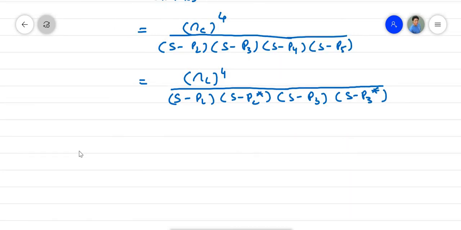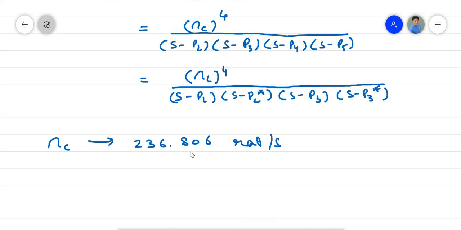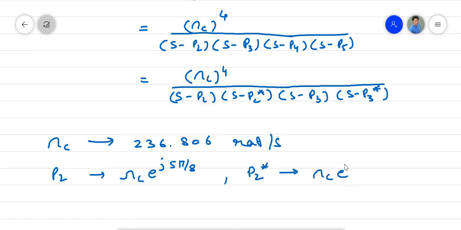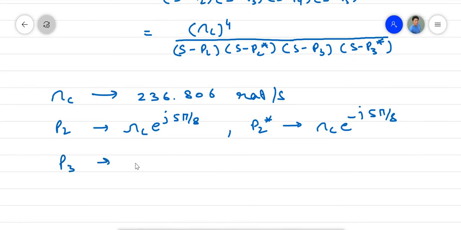Now we know omega c is 236.806 radian per sample and P2 is omega c exponential j 5 pi by 8. So P2 conjugate will be omega c exponential minus j 5 pi by 8. P3 is omega c exponential j 7 pi by 8 and P3 conjugate will be omega c exponential minus j